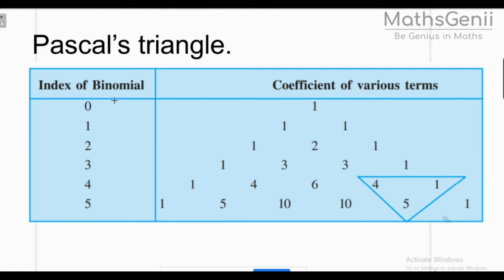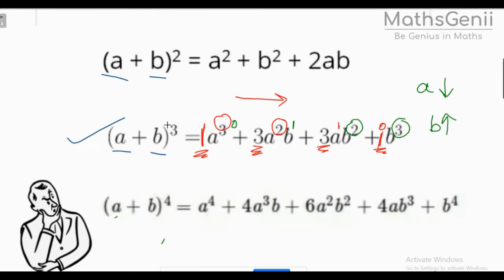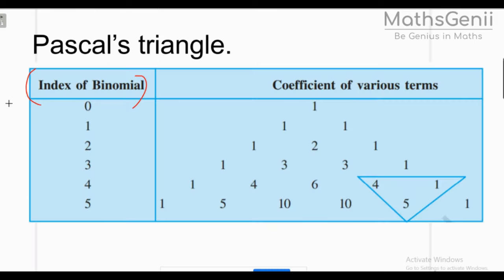Okay. Now what does the number here indicate? Index. Index means power. So here you had a raised to 3, right? So this is the index. In the Pascal triangle, he's talking about this part. So (a plus b) raised to 3. Let's look at this. What were the coefficients I had got? 1, 3, 3, 1. Let's check if for 3 we have the same coefficients. For 3 we have 1, 3, 3, 1.